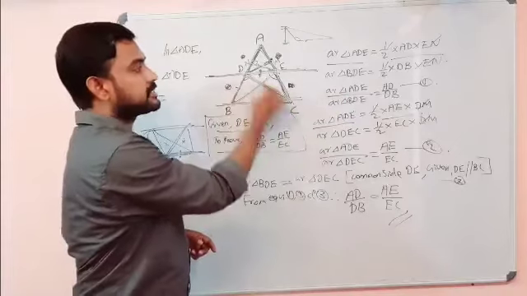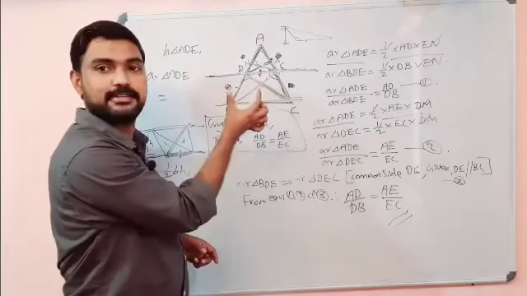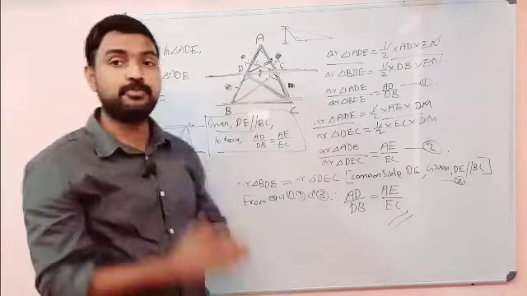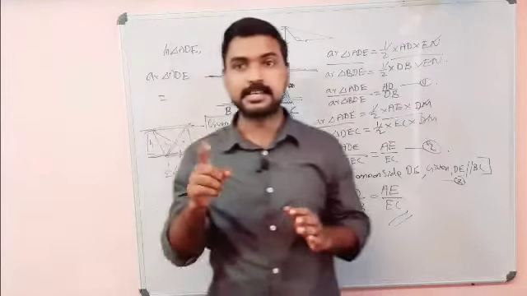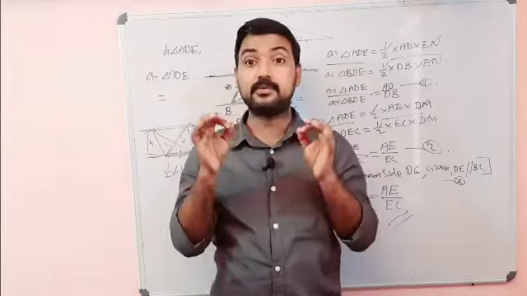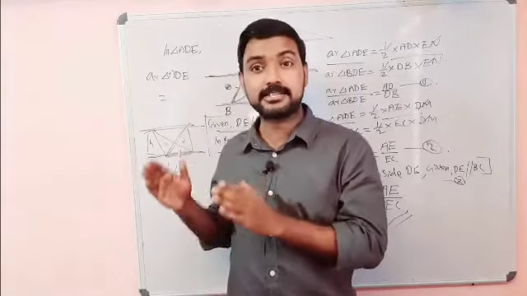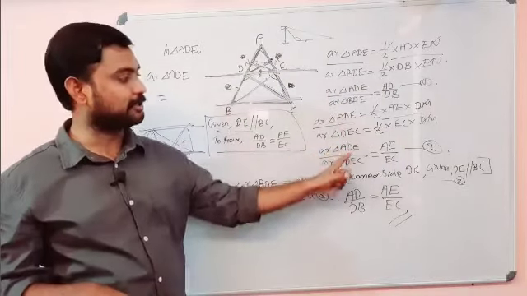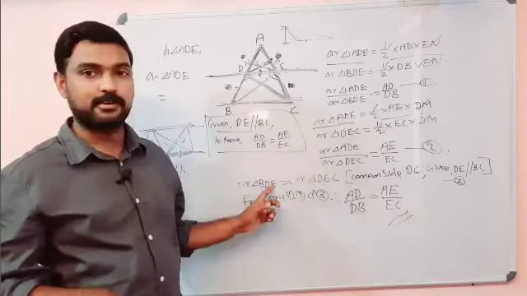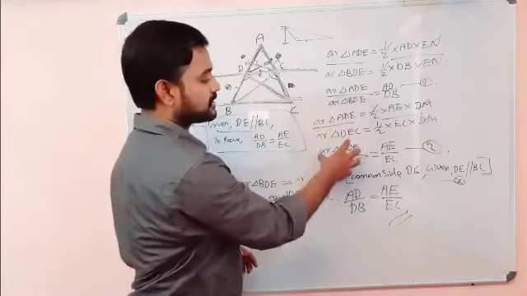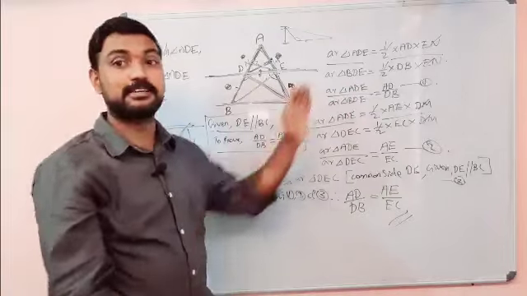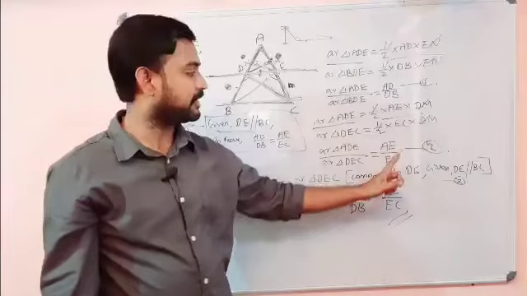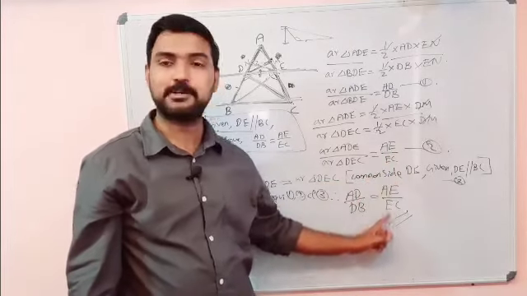BDE and DEC have a common base, common side, and they are between parallel lines. So we studied that if two triangles have a common base and are between parallel lines, they will have the same area, which we studied in class 9th. So we said this denominator is also the same. BDE is equal to DEC. From where? From equation number 3. So we understood this left side and this left side are equal, which means the right side is also equal. So AD by DB is on the right side, here AE by EC. So we said AD by DB is equal to AE by EC.